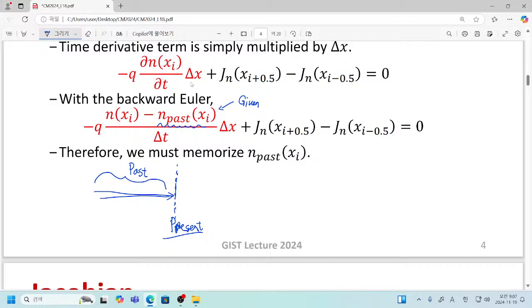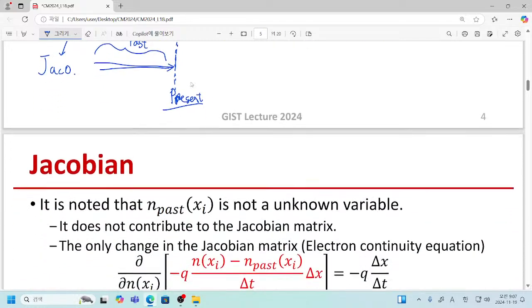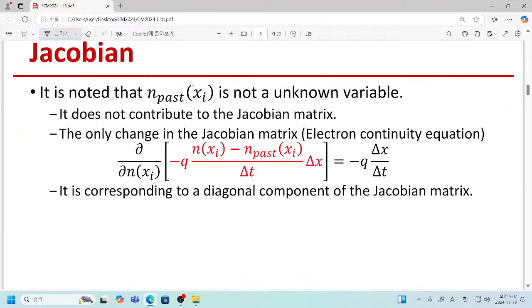But here we have the solution variable, electron density, so it can contribute, or it must contribute, to our Jacobian matrix. So n past does not contribute to our Jacobian matrix, and this term makes a certain